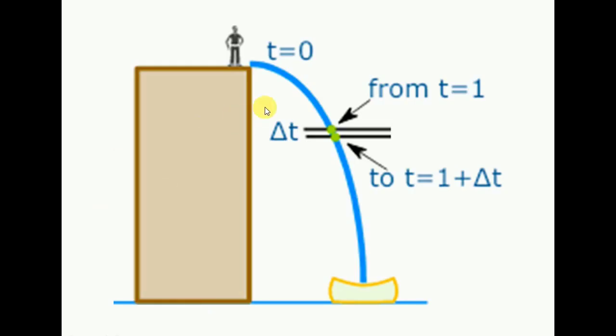So as I've said, in differentiation we cut the large things into small pieces. Suppose this man is jumping from here to here. So this is the path through which he is jumping, and his velocity will change in every part of the path when he jumps. If I want to know the change in velocity from here to here, then I'll use differentiation. I'll cut this path into small pieces and use differentiation to find the change in speed from here to here. So this is one example of differentiation.